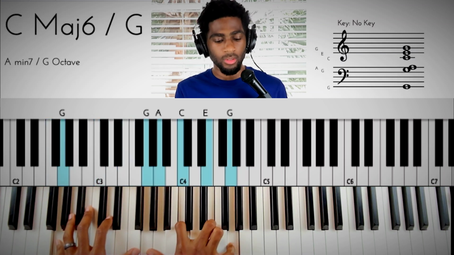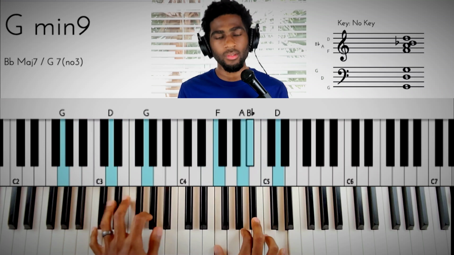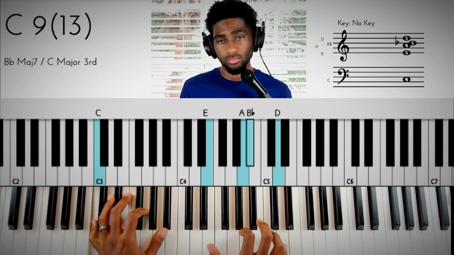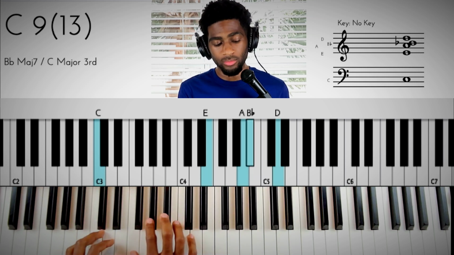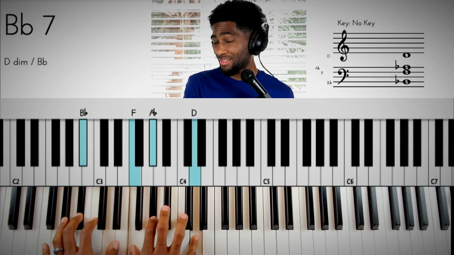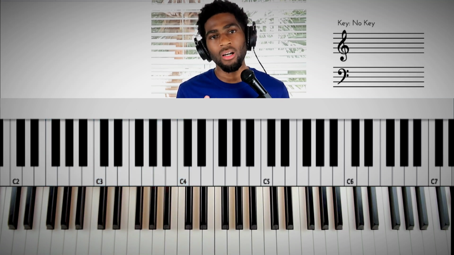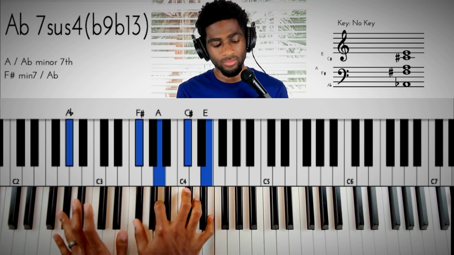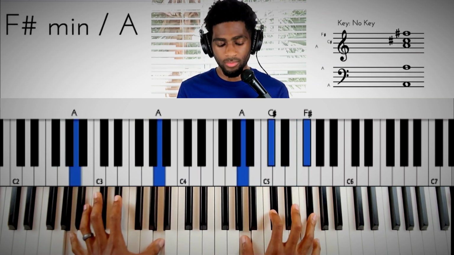Right? Okay. And I did the 5-1-4. So right here, what if you want to keep that D the same, right? Well, I'll probably do something like, you know, and I'm doing this diminished chord because it's a part of the minor sixth scale. So if I'm thinking about, let's say, the F sharp minor, F sharp minor 7, a part of that scale, I'm going from, you see, or